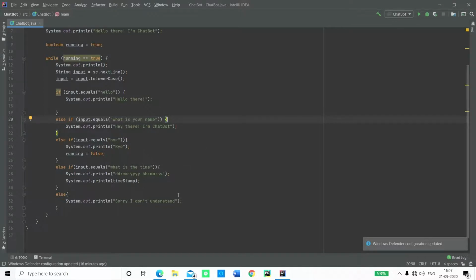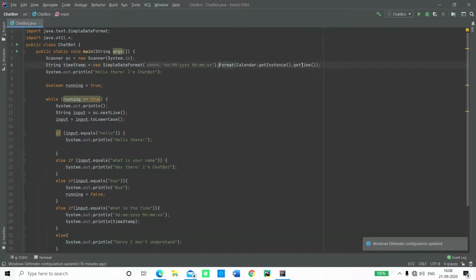And then we have a default message. That means if he's entering something we haven't really prepared yet, he's going to get to know that. All right, and now coming back to the time part. Of course, you're going to have to print the time. You're not going to get it simply.